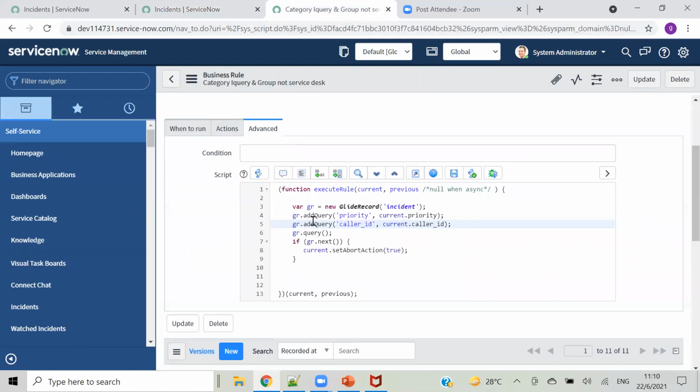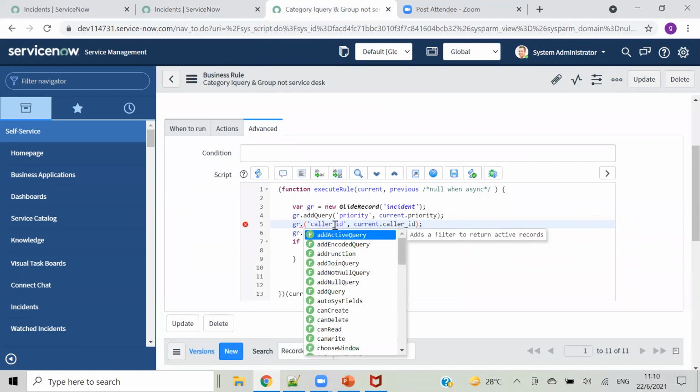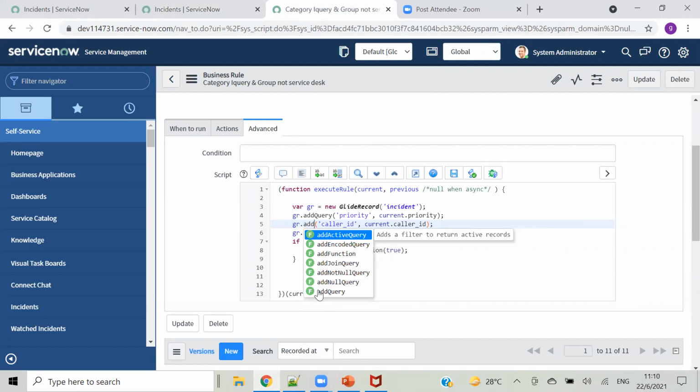Like we have add query here, right? Similarly, we will have gr.addActiveQuery.